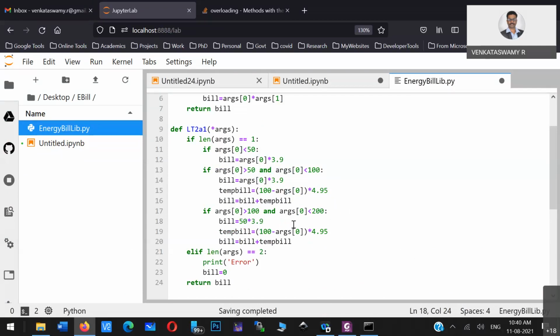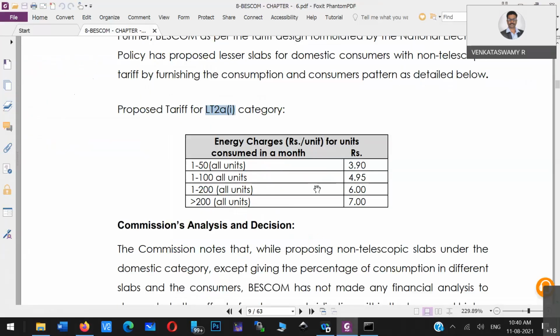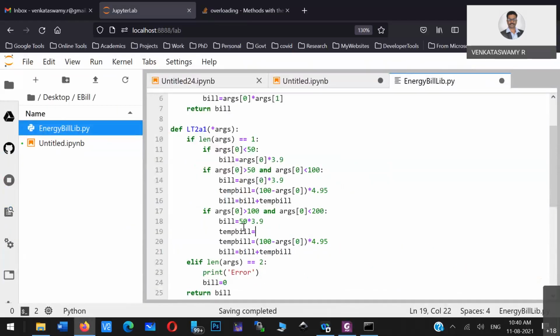First bill will be 50 multiplied by 3.9. So that is done. So this is 50, right? Because if it is greater, so that is 50 units at 3.9 rupees.